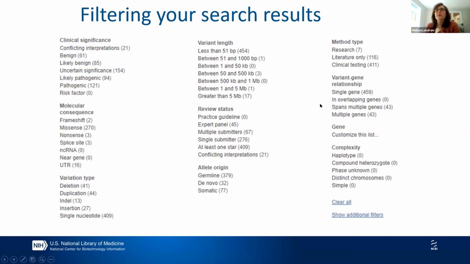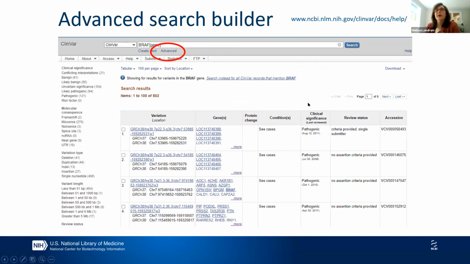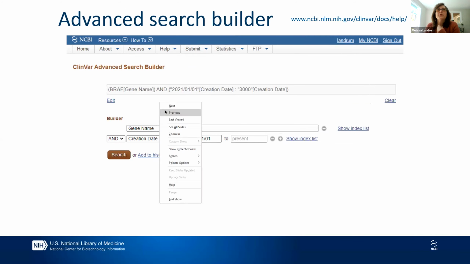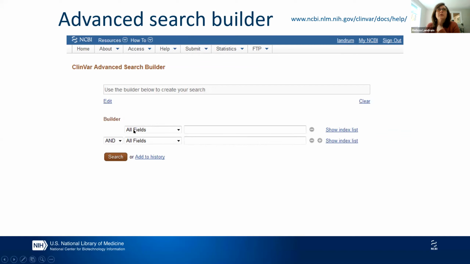So we have these right on the search results page, but there are actually a lot of other ways that you can filter your results too. And you can find those by clicking on the advanced search link here. This takes you to the advanced search builder. You can use this builder to make a really complicated search, but it doesn't have to be complicated. Sometimes this is just useful to help you structure a simple search, in an easier way than typing it in yourself. So for example, you see here we have these pull down menus that ask you what field you want to search in,